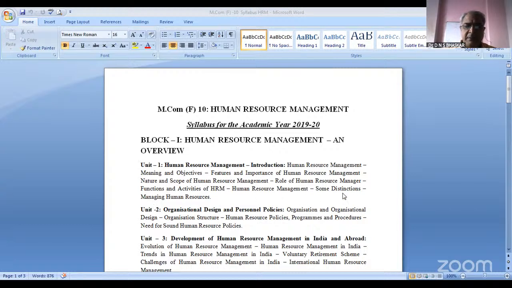And some dimensions of that. This is covering Unit 1. In Unit 2, it covers how the organization is to be designed, and what the various personnel policies, organization, and also human relationships are. These are the various aspects that we are going to cover in this session. So organizational design, organization structure, and what the various structures of the organization are. These aspects are going to be covered at this point.